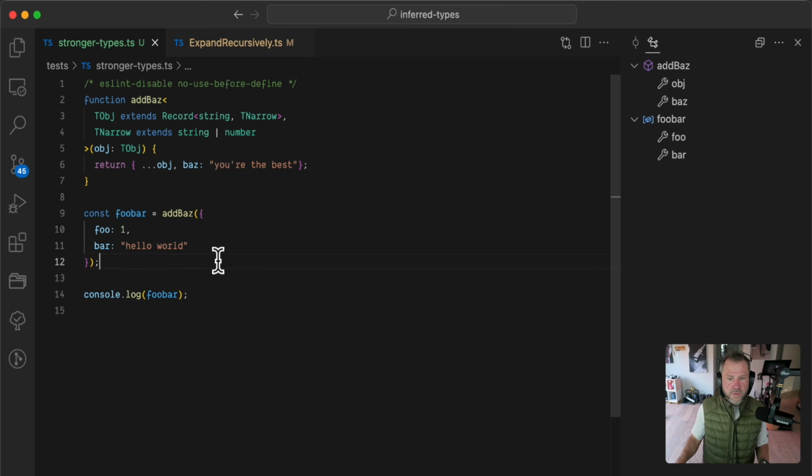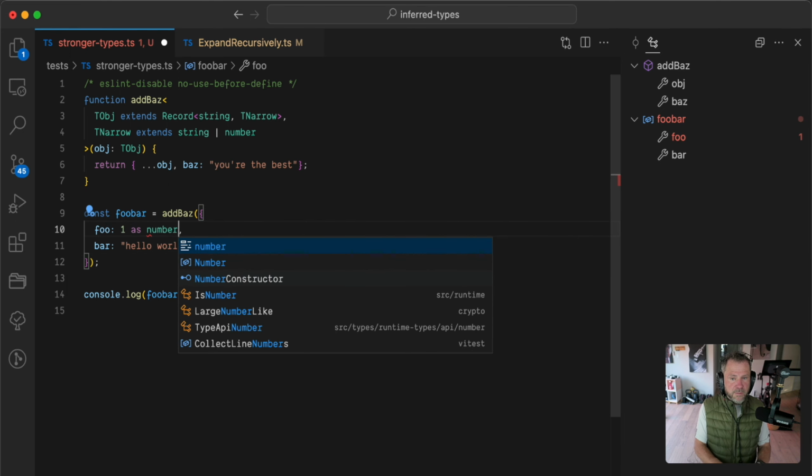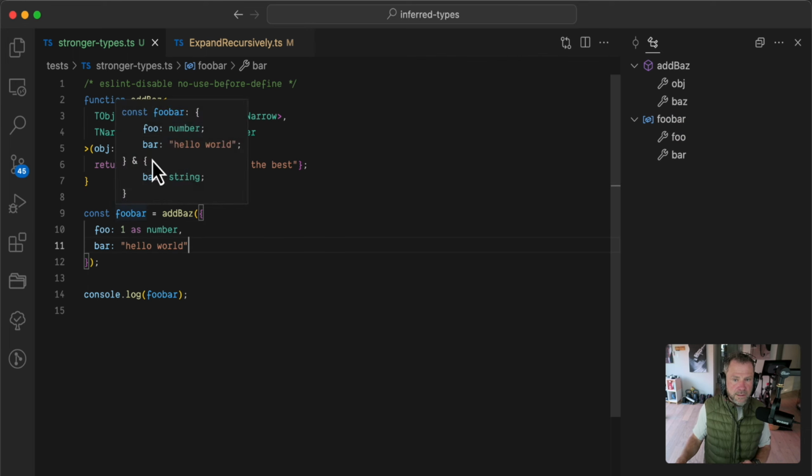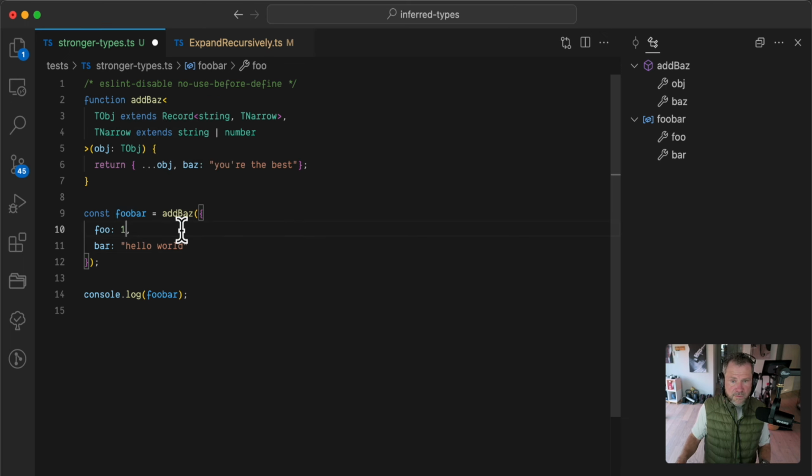And in general, I would say that as a function author, it's better to try to get those narrow types in most cases. You want to get a narrow definition if it's available. Now, if this variable 1 was not available as a literal, it's just a number, you can't recreate that. It still will just remain the wider type. But it gives you the opportunity to get that literal type.